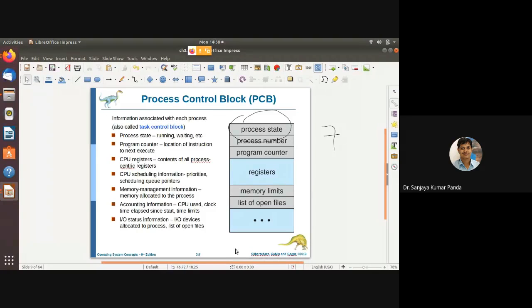This PCB is maintained per process, so each process maintains one PCB, occupying different locations in memory. Somebody may occupy location 1000, another 1020, another 1100, but they all have to maintain these things. The list of open files may be nil for a particular process as well.